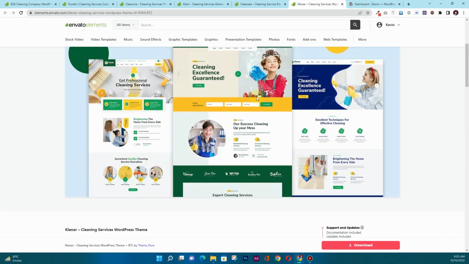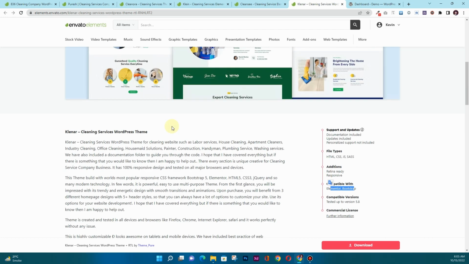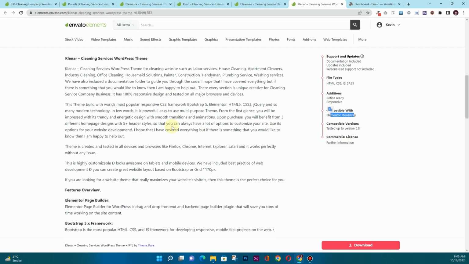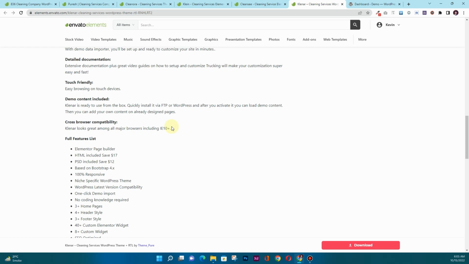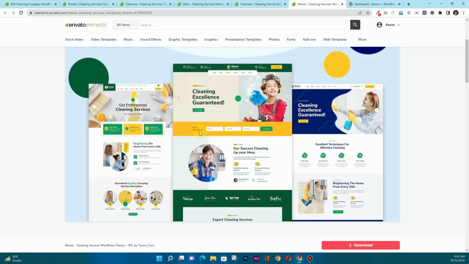So make sure you look for all of these things. First of all, you will have to look at what plugins the kit will require. Will it include Elementor Pro or not? What other plugins does this kit require? And will you be able to use that kit? Furthermore, above all these things, you should make sure that you like the layout of the kits that you